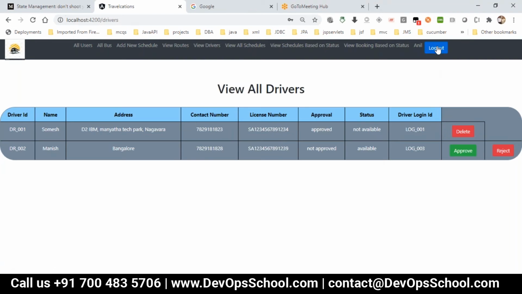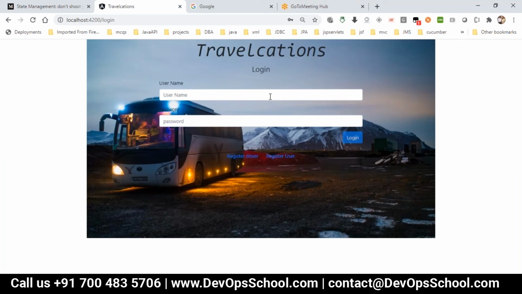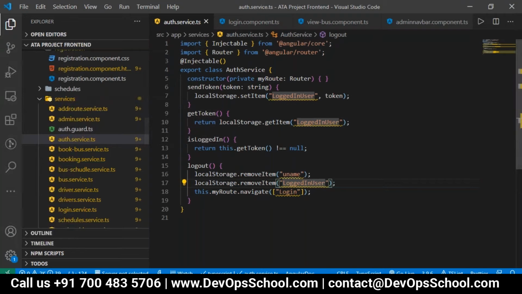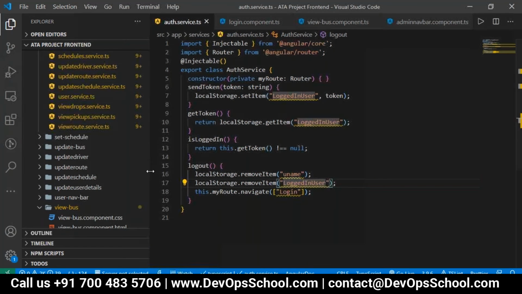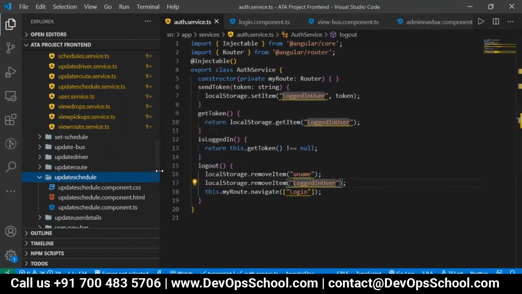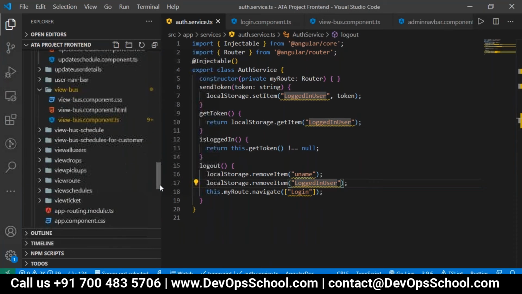Once we do the logout, it is done, and once we come back it will not work because we are enabled with the guards for this. As we discussed in the previous session, the auth guards are already enabled, and the same thing is done here also.